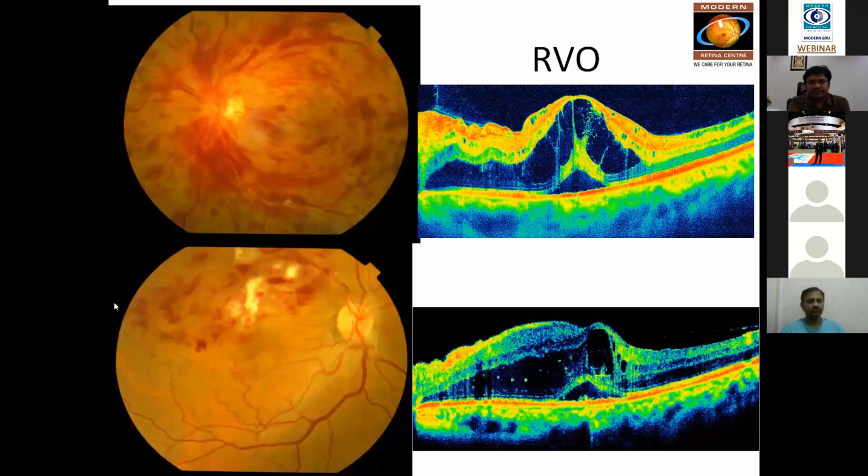Moving on to the next subset, the retinal vein occlusions. The vein occlusions, as we know, produce severe edema right from day one. And here on the top, we can see a central retinal vein occlusion, and this is a supratemporal branch retinal vein occlusion. The central retinal vein occlusion has an edema where there are large uniform cystic spaces along with intervening normal retinal tissue septae here and there, and they may or may not have subretinal fluid. This is very typical of a retinal vein occlusion.